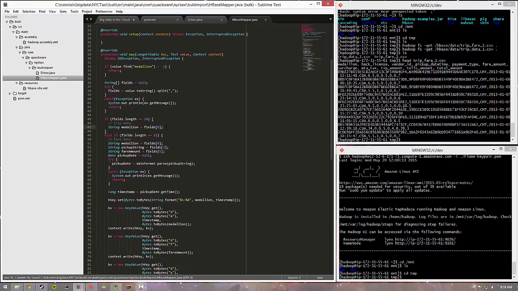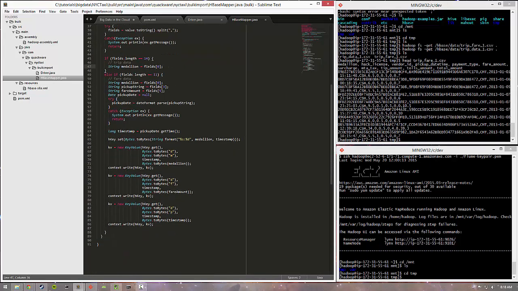We can do the same for trip data, but for now the one thing we're interested in finding out is, what is the medallion that has the largest fare? So we can write this part later. Pretty much going to be exactly the same as the fare data. If we take a look at,